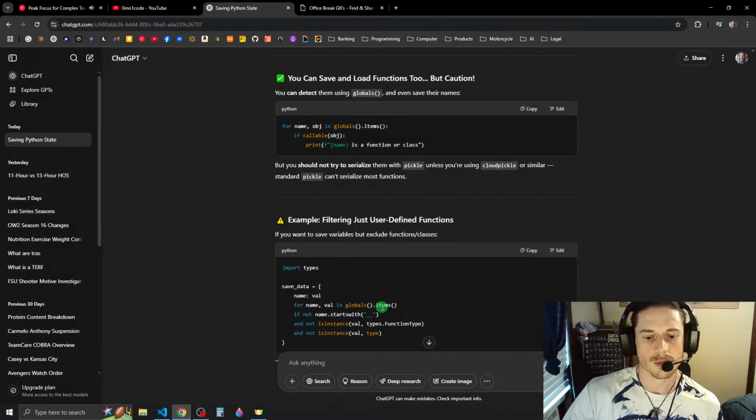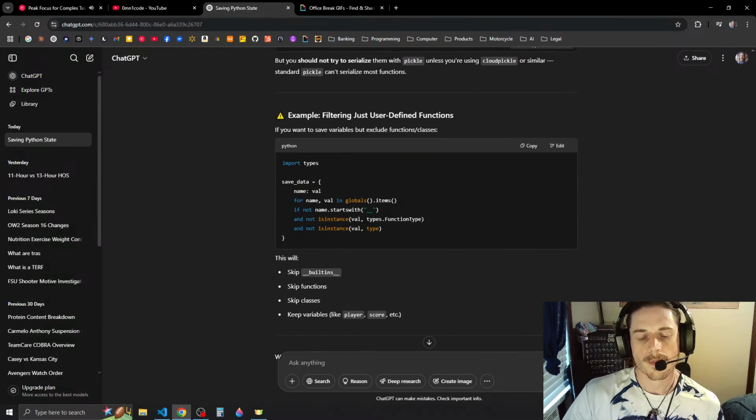For name, val in globals().items(), if not name.startswith and not isinstance(val, types.FunctionType) and not isinstance(val, type). This will skip built-ins, skip functions, and then classes, because classes are of type. It will keep variables.